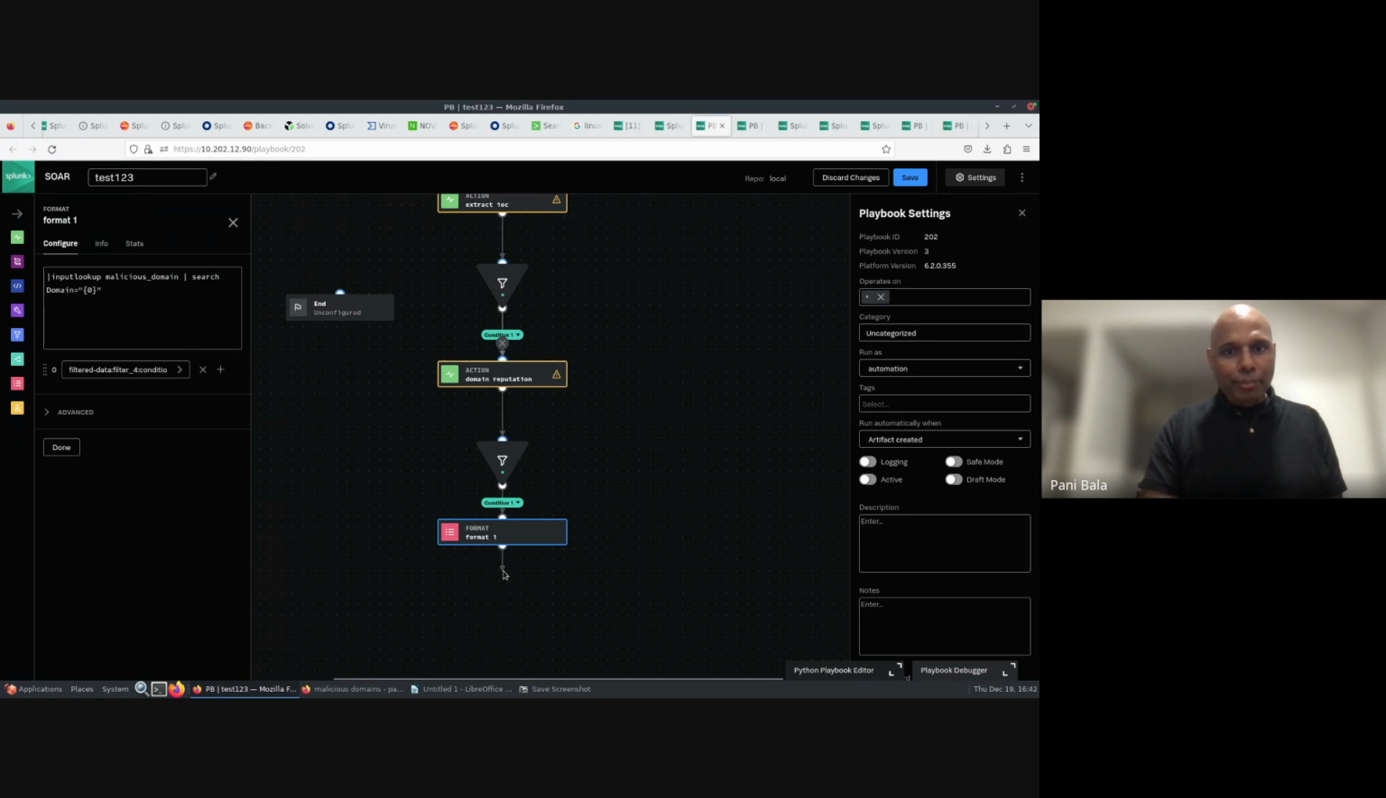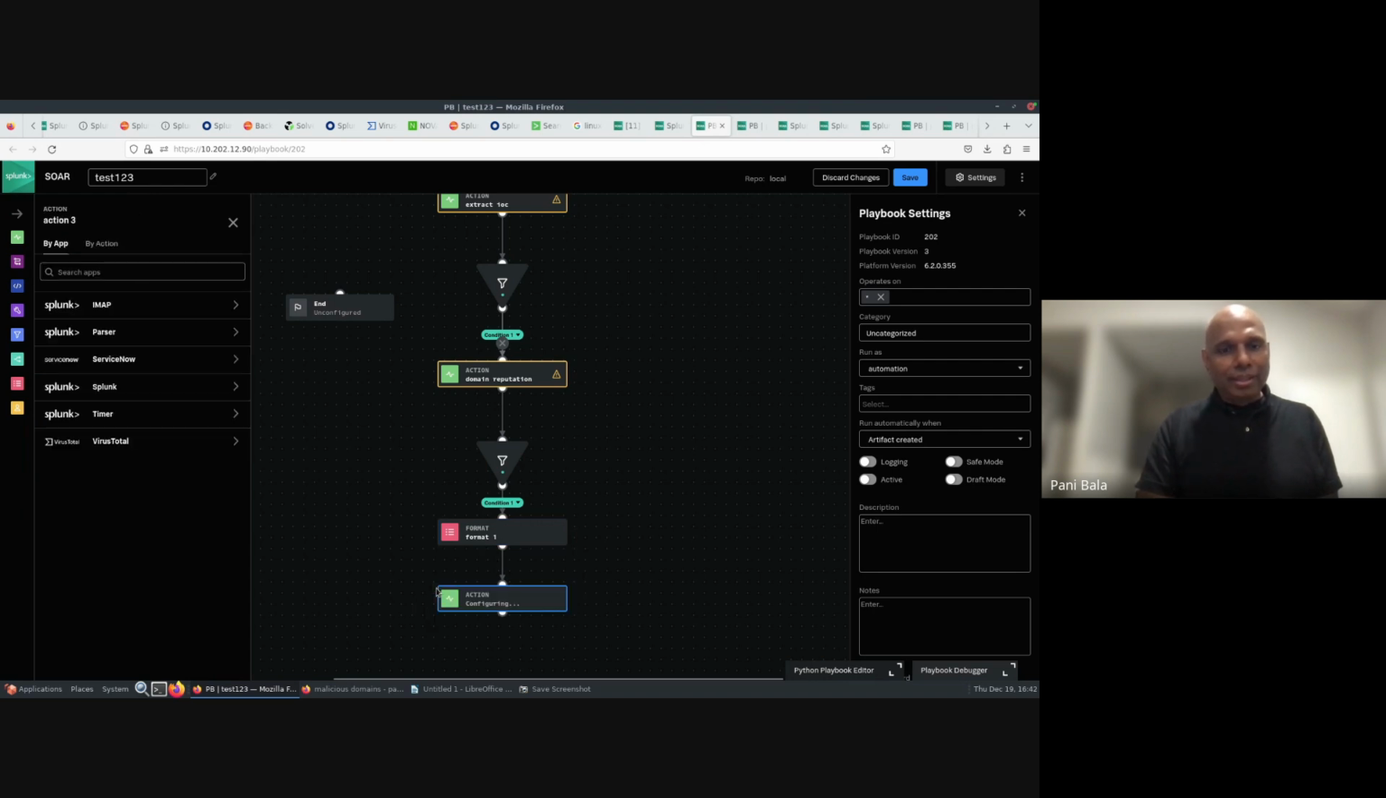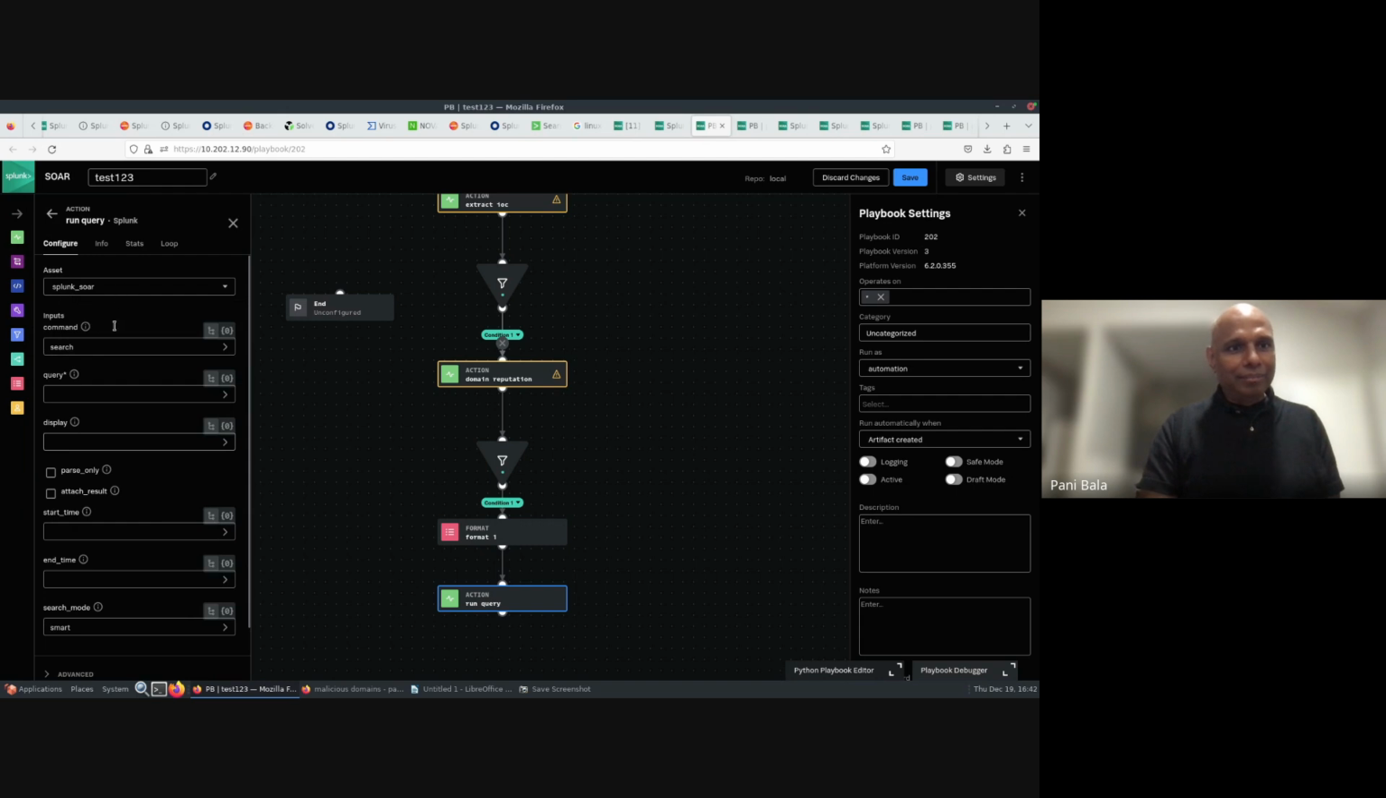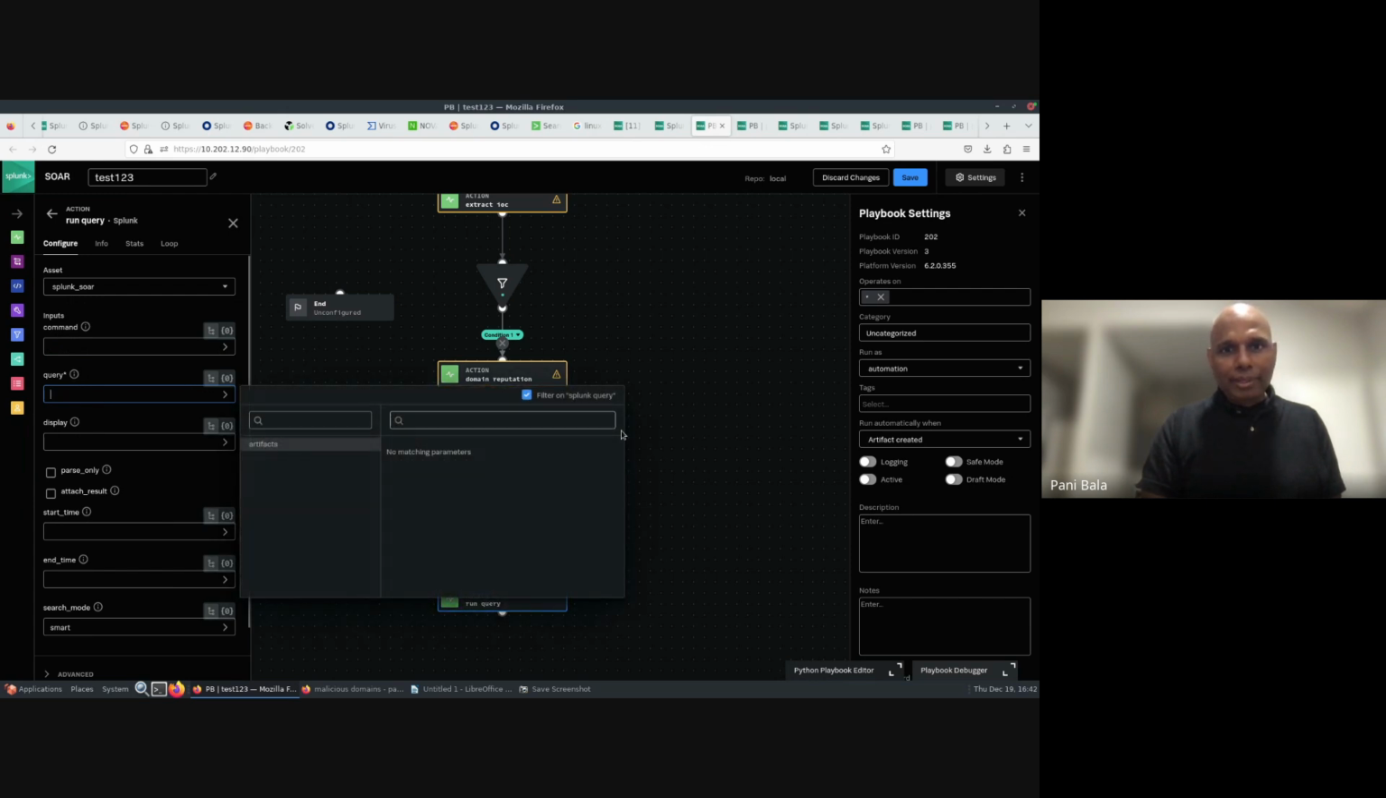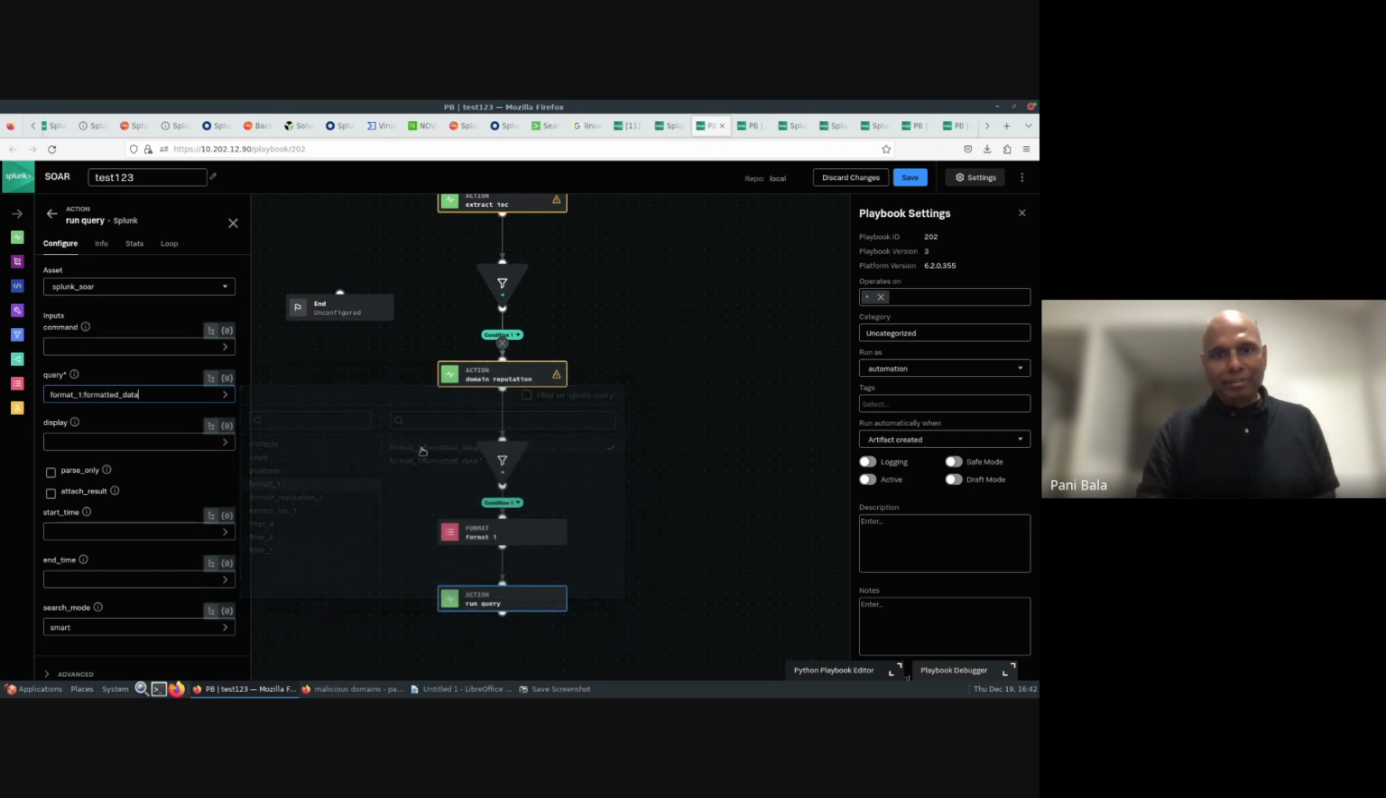Then for that, to execute that query, I'm using this format block and built a query. And in the next step, I'm going to run an action using the Splunk run query action. And basically, I'm going to say, here, this is not a search command, this is an input lookup table. So I'm just going to pass the format block that I did, format 1, and this is formatted data. So when I save this one,